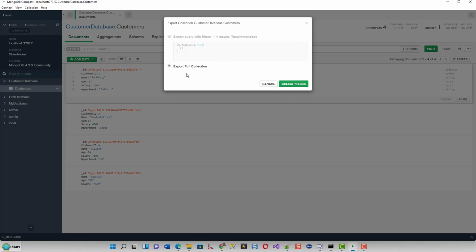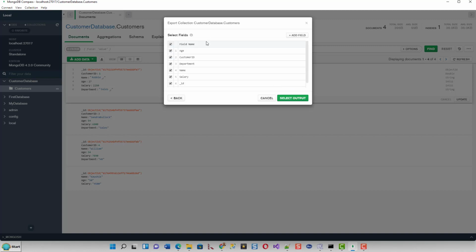And if you click on this radio button, export full collection, and select fields, you have all these fields at your disposal. You can just add a field over here, you can just select a few fields, and you can click on add field from here.